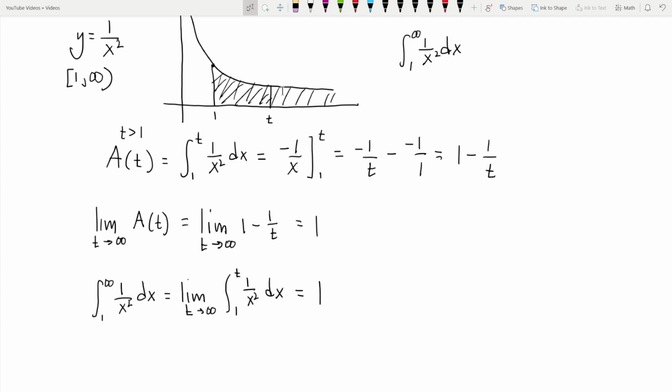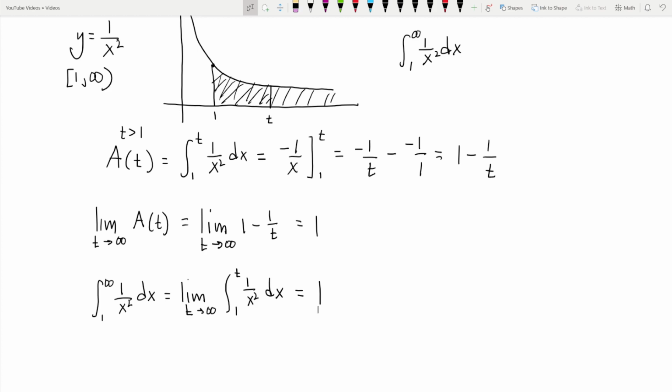So we have a function that has an infinite bound, or is unbounded, I guess is another way to say that. A function that's unbounded, yet the area under the curve for that function is finite. And this actually is something that comes up a lot. So we're going to use this example as our guide as we define